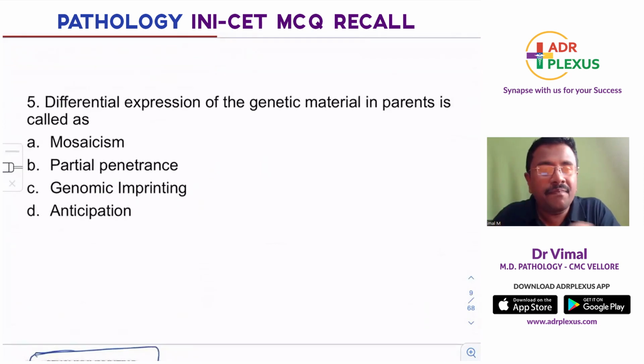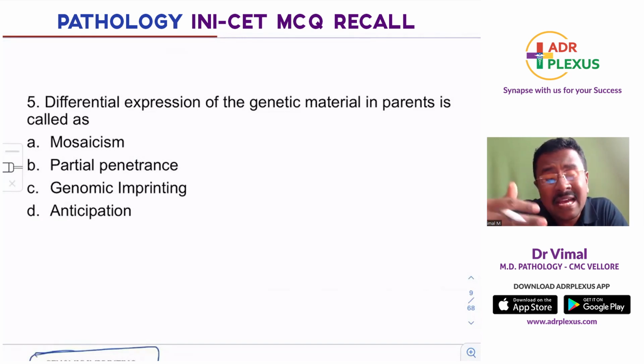And the next question: the differential expression of the genetic material in parents is called as, and the options given were mosaicism, partial penetrance, genomic imprinting, anticipation. So what is this differential expression of the genetic material in parents? That means there are genes which are imprinted, that is, silenced in a specific parent. There are certain genes which are expressed only in a certain parent, and this phenomenon is called as the